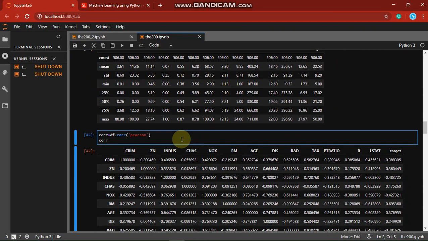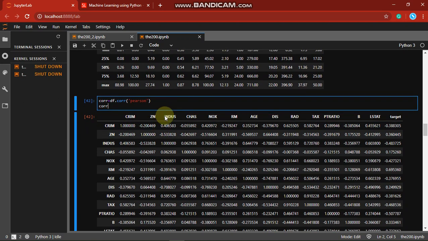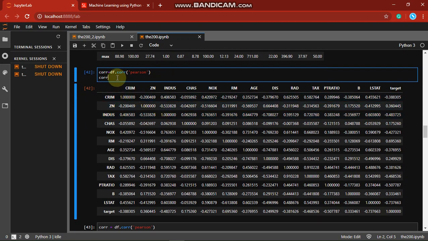Then we will again use a Pearson function, Pearson correlation coefficient, we can say. Now what is the Pearson correlation coefficient? The Pearson correlation coefficient can be used to summarize the strength of the linear relationship between 2 data samples. So we have calculated this core variable and then we have stored it here and we have displayed it in